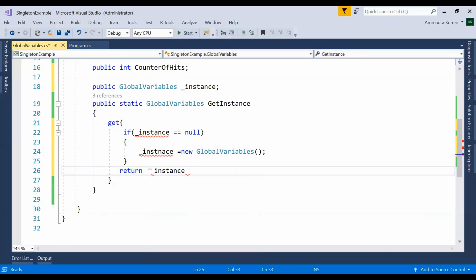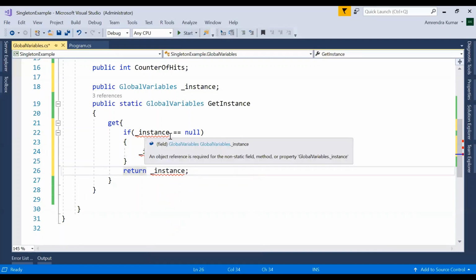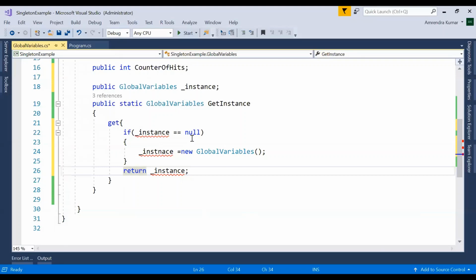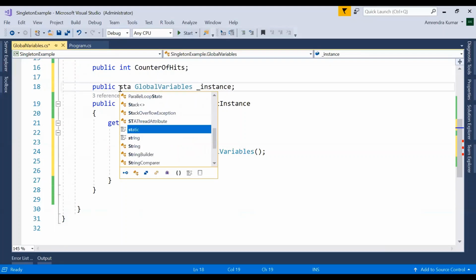So now it will check again and again if the instance has any value, if it is already instantiated, then it will return the existing instance. Otherwise, it will create a new instance, store it, and then return it. It is throwing error because we are accessing a non-static public variable from a static method. So I will create this as